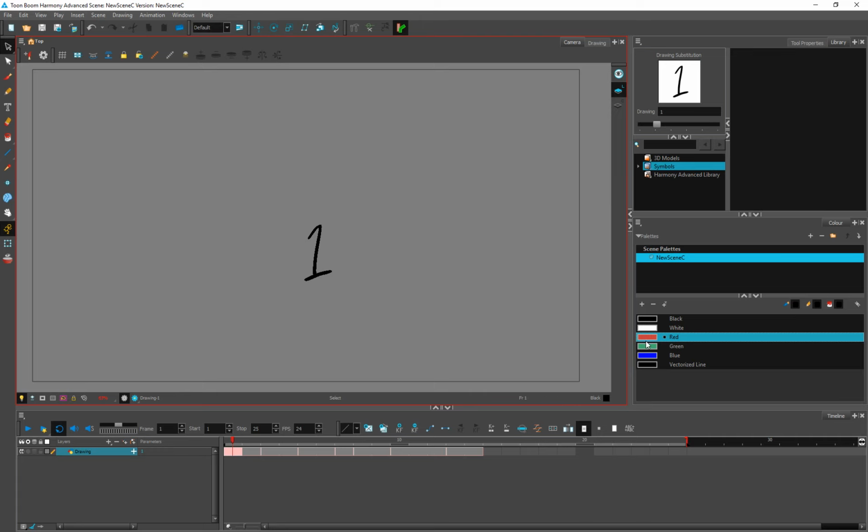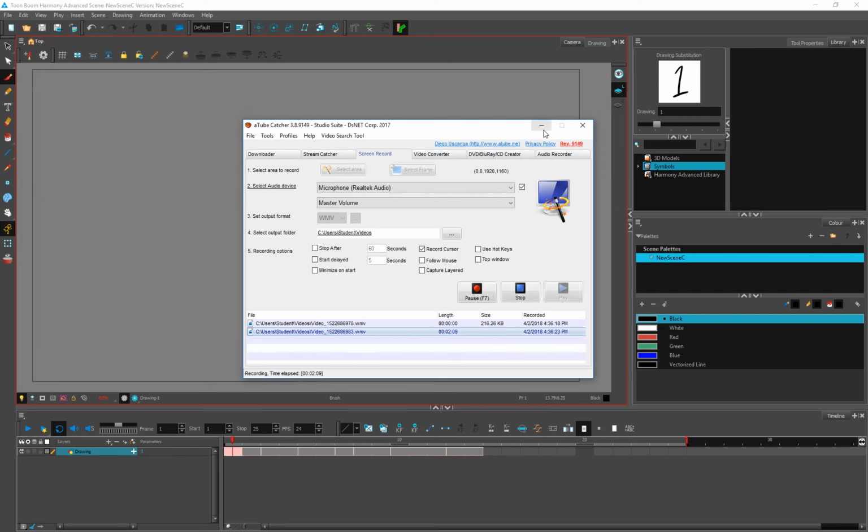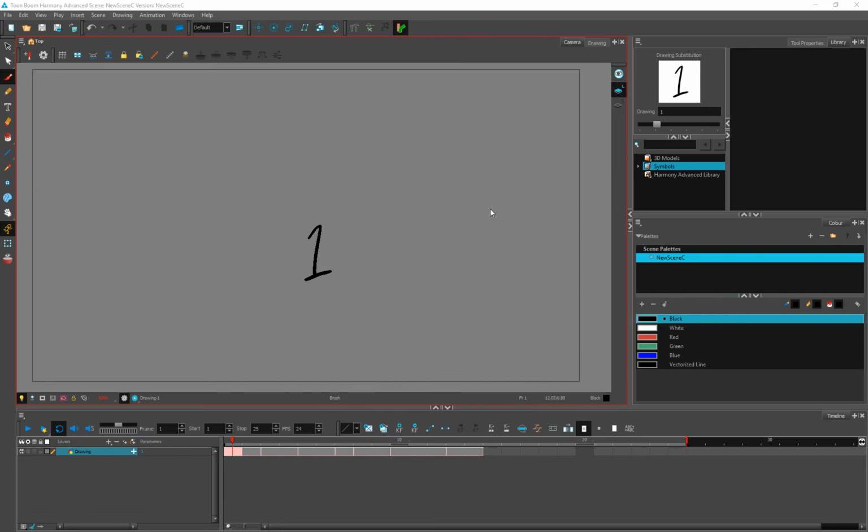Let's start with the color palette. Just select a brush, and after selecting, basically all of our drawing tools like the brush tool, after you select the brush tool, you have all the very basic color palette options. You can select the color, you can create a new color from here, you can delete a color from here, and